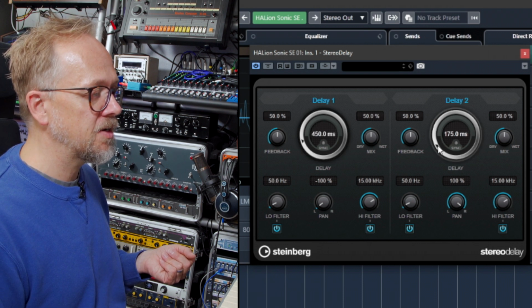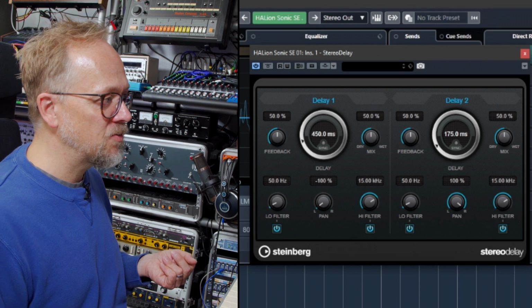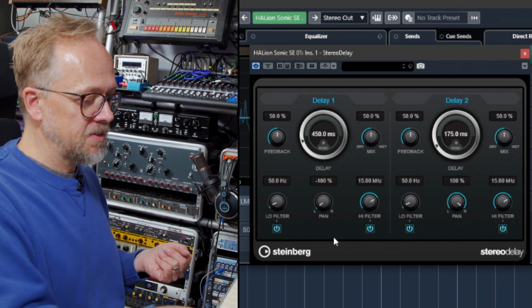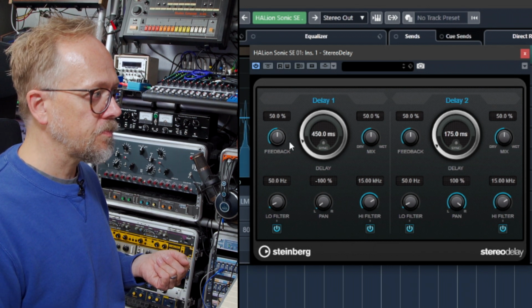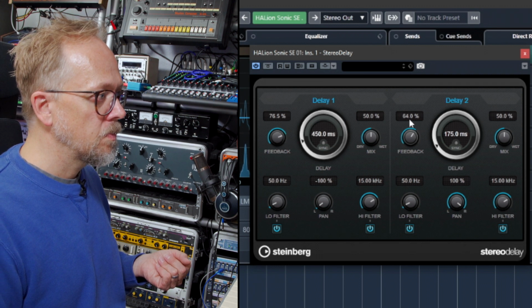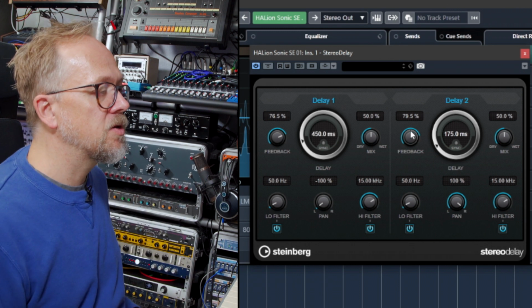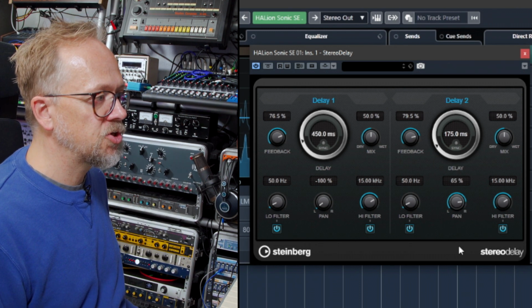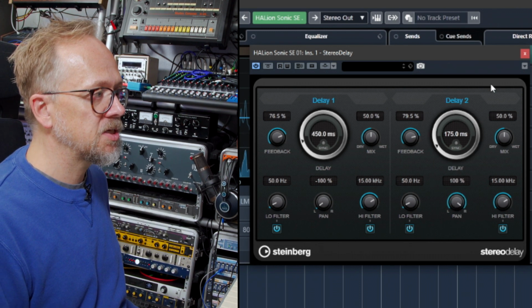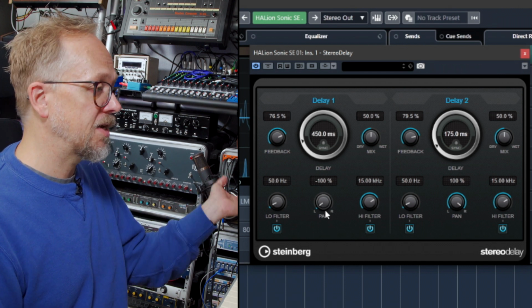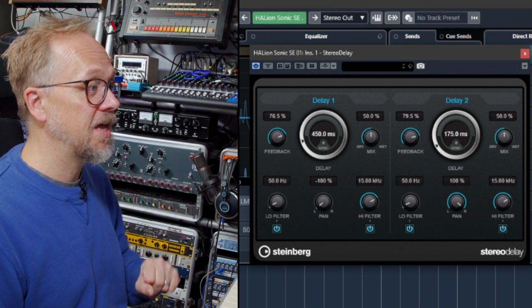Let's move those around a little bit. You can see that there's a bit of filtering going on. They're panned left and right. So they're independent delays from the left and right channels. You can choose where they're going to be positioned in that stereo spectrum. And at the moment, they're panned extreme left and right, so you're getting a different delay in each of those